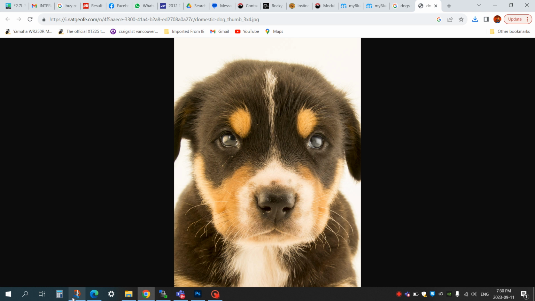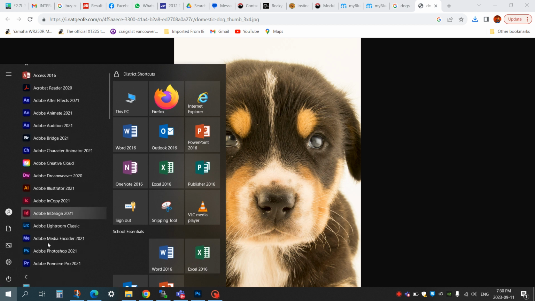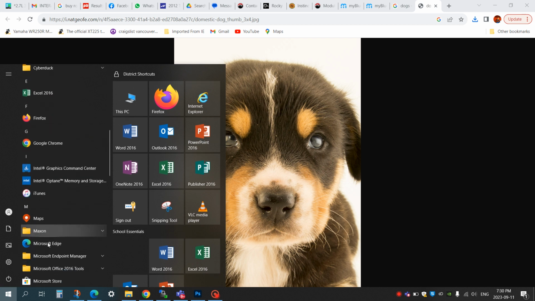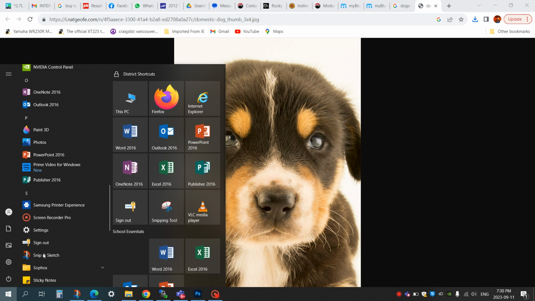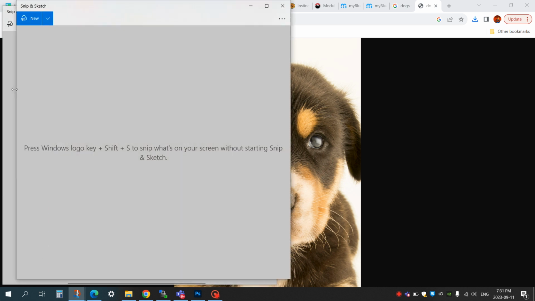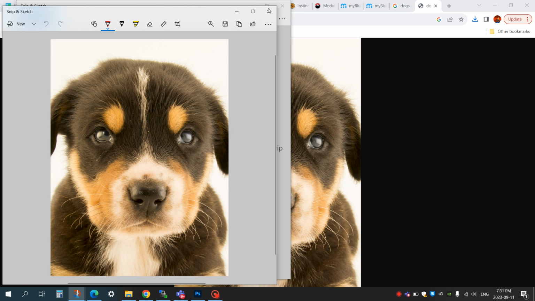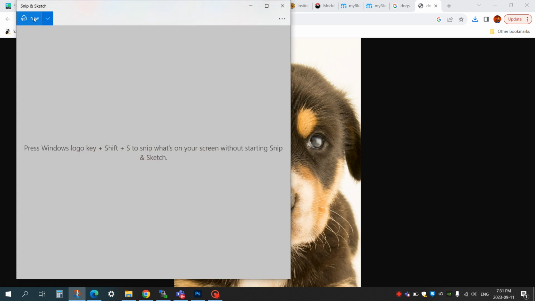I need to open up my Snip and Sketch tool. Now if it's not already open, you can come over here to Windows, scroll down, and it should be under Snip and Sketch right there. So I'm going to open up Snip and Sketch, and I've got two windows open, so I'll close this one. I'm going to click New,